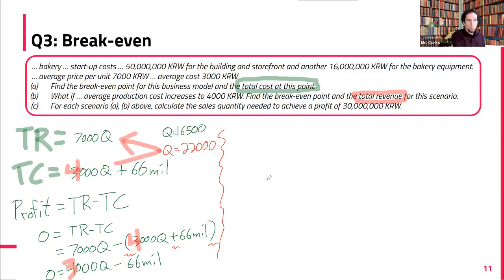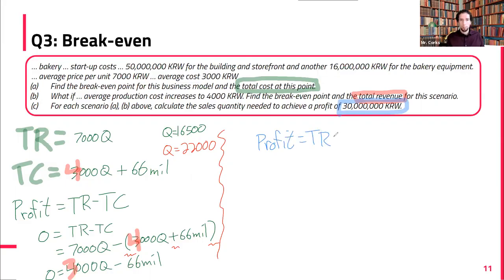So that's how we do 3. Scenario, or part C here was asking us, okay, instead of break even, instead of 0 profit, what if we want to actually have some profit of this much, of 30 million? So we would just do the same problem again. We'd have our profits